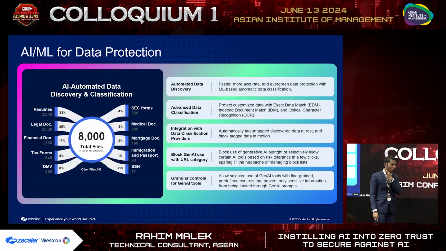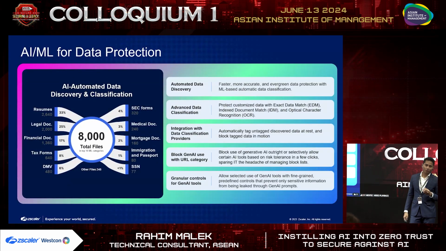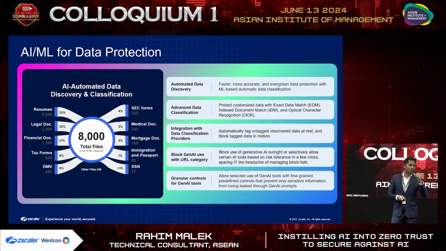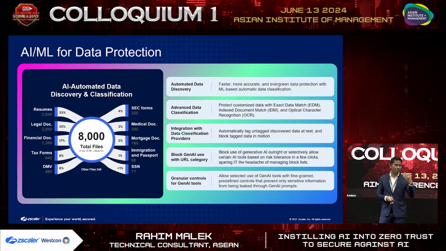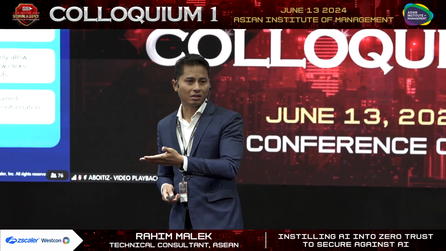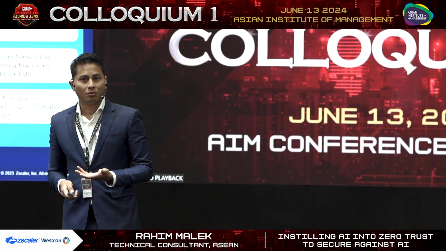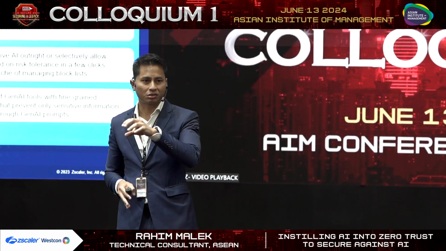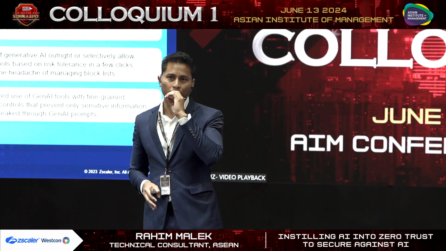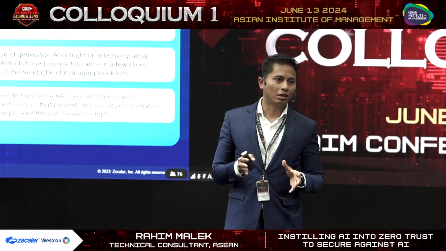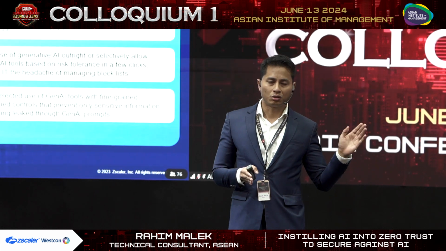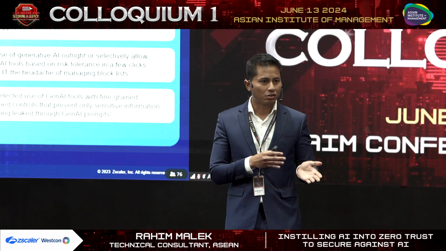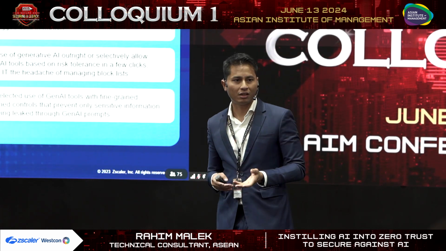All right, and data protection, this is interesting. It's difficult for organizations today to determine whether this data is confidential or sensitive, or maybe this data is unclassified. Because we have a lot of business units, and like we mentioned earlier, we have data owners that only know which data is important to be protected. So with AI/ML, we can determine whether the traffic, the data leaking out to the internet, is actually confidential or just unclassified documents.